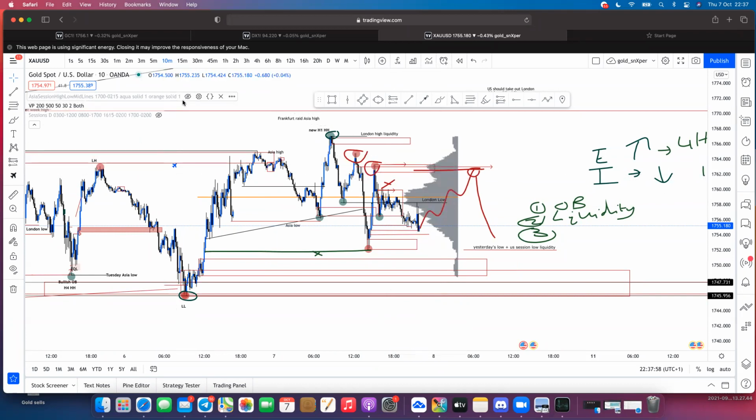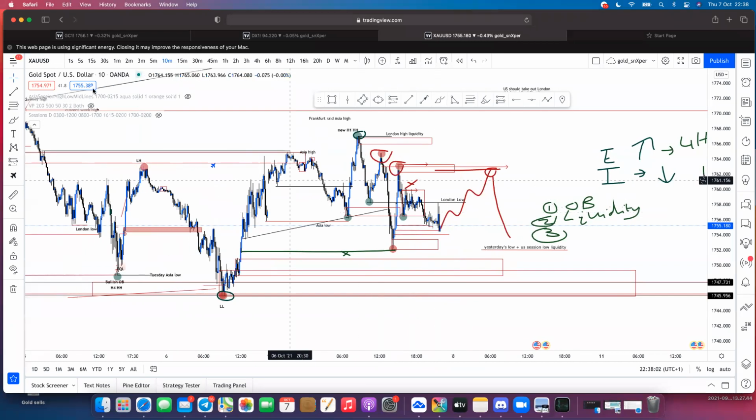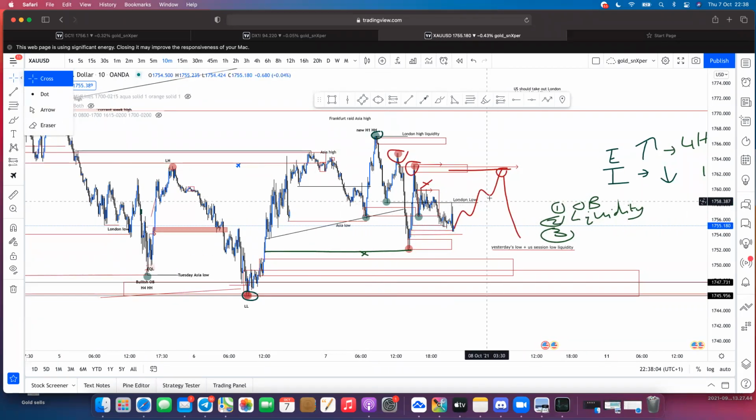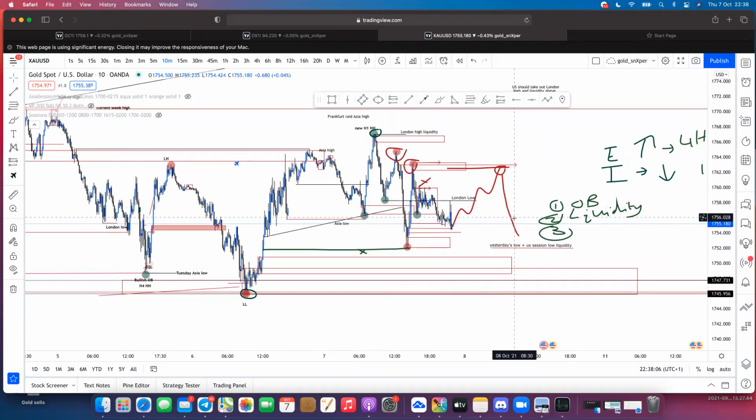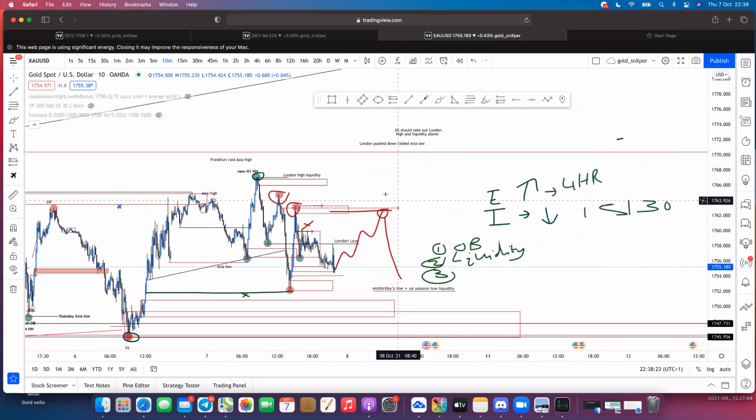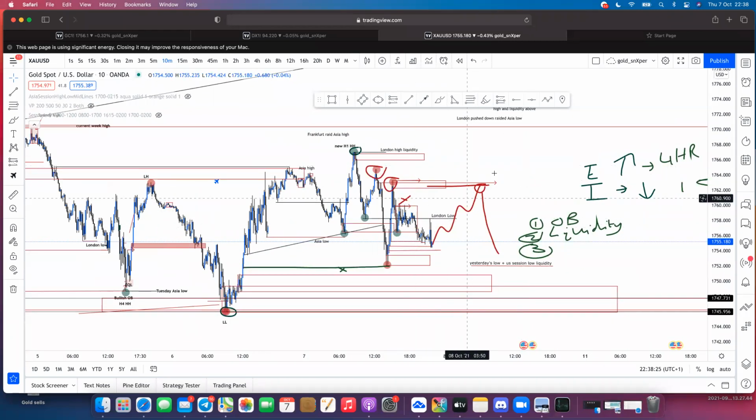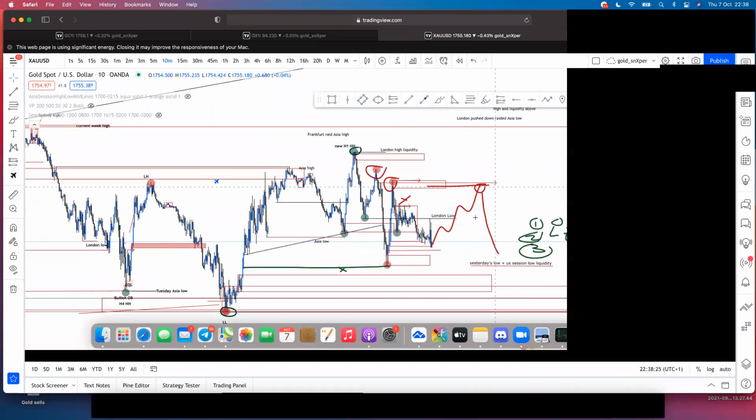And I didn't even use the volume profile, because you've got to understand from a price perspective, from an intention perspective, what's going on. So probably based on volume profile, we need to refine our sell limits to 1761, 1761.50. I never really trade with sell limits, to be honest with you. But our understanding is getting to the stage where we should be able to put